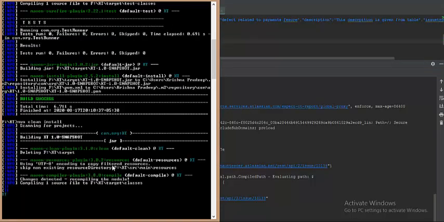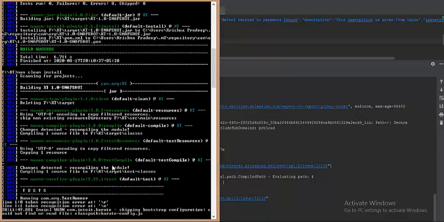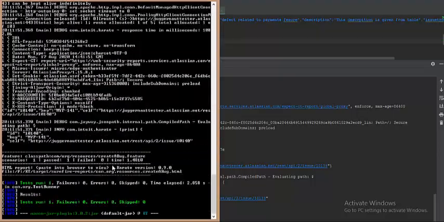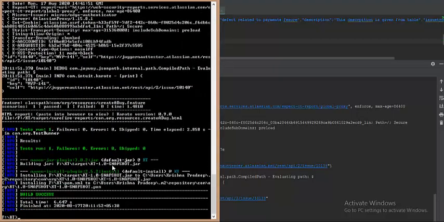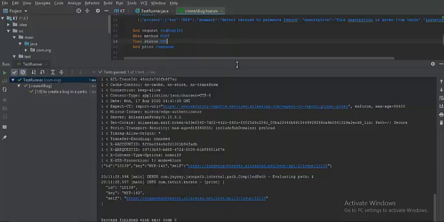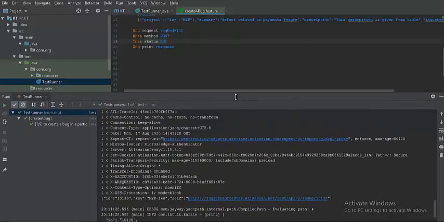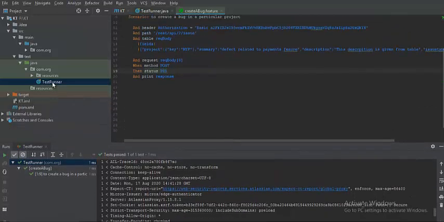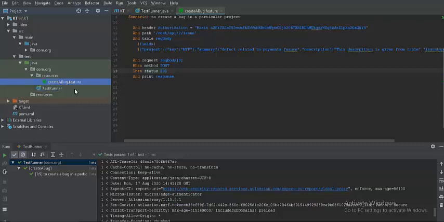This time the code is building, and you can see the test case got picked, so the feature file got recognized. Earlier, guys, we did not have that particular feature file in the class path. When I say class path, it has to be in the same directory where the test runner class resides. Resources is a subdirectory created in com.org, in which the test runner class is present, so it can pick the feature file. So now we have run one test case.